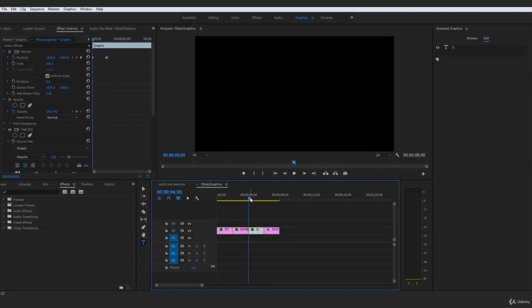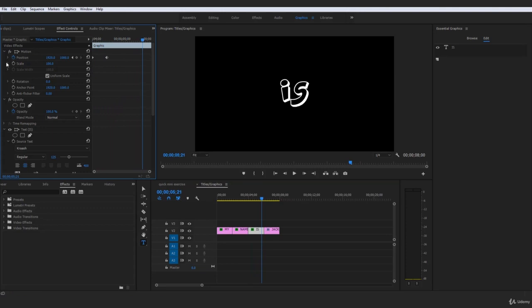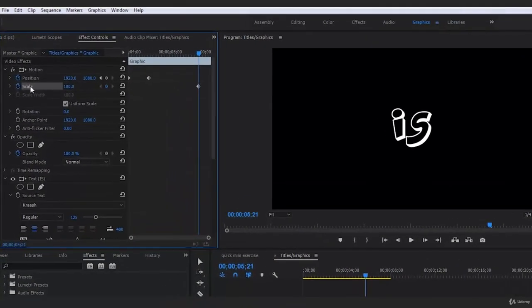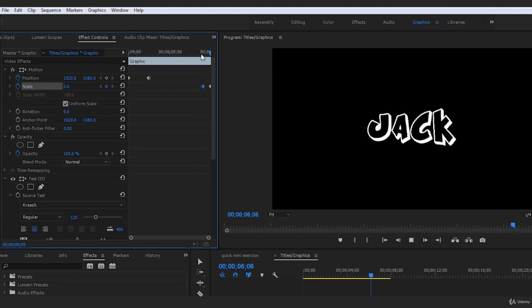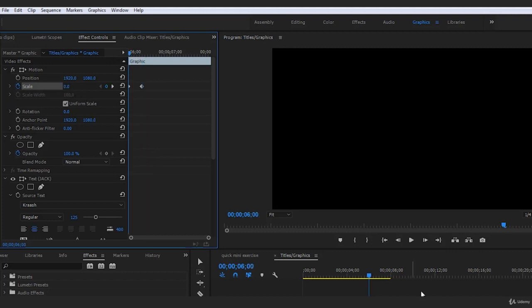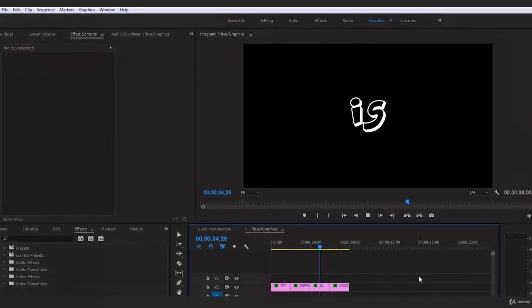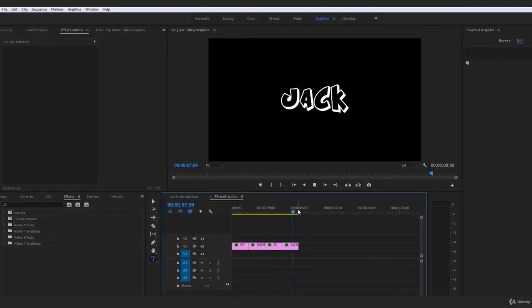I think the is going to actually drop out, so the scale is going to go down. I want to put one marker here, go a little bit towards the end, just make that 0, pop that there, so it's actually going to come down. In fact, I want to make that a little bit quicker, so it sort of shoots down, and then the Jack, I want the appearance of the Jack shooting upwards nice and quickly. So we would go in a few frames, add that scale, go to the end, and add that on a 0. So now if we give this end bit here a play, the is drops out while the Jack comes in,